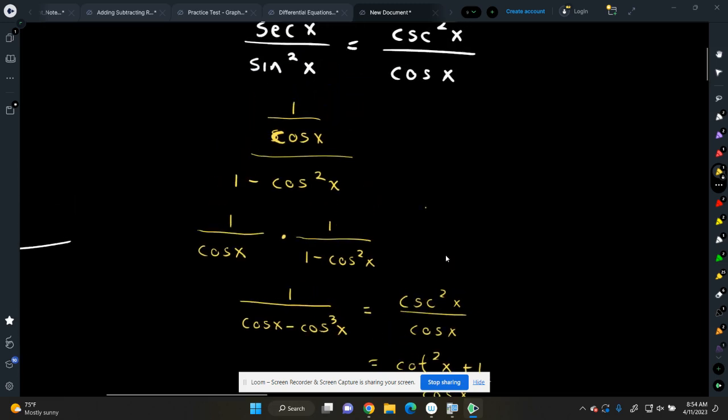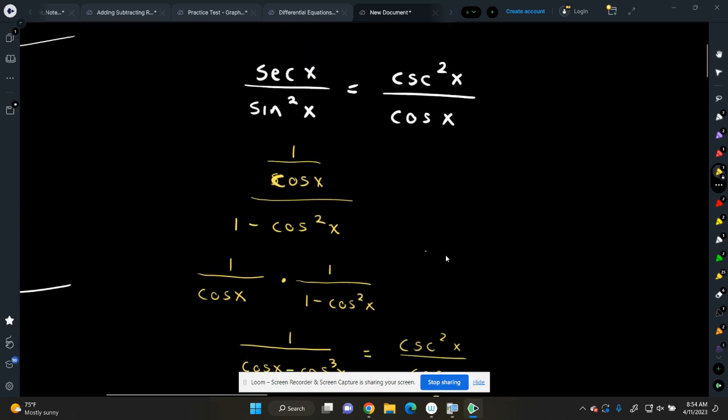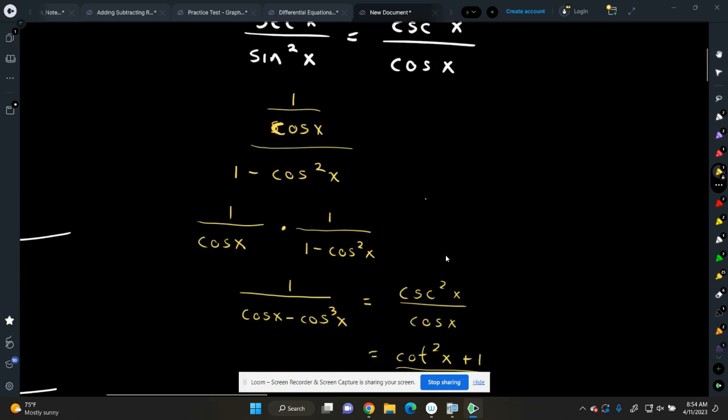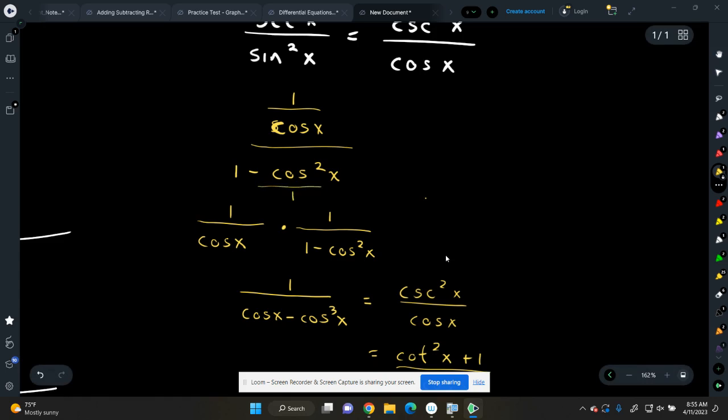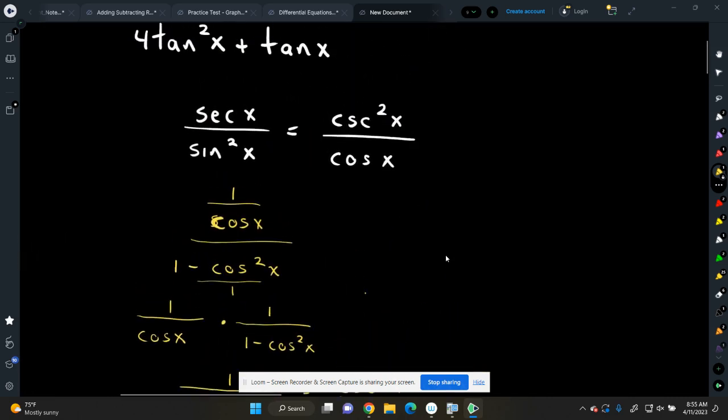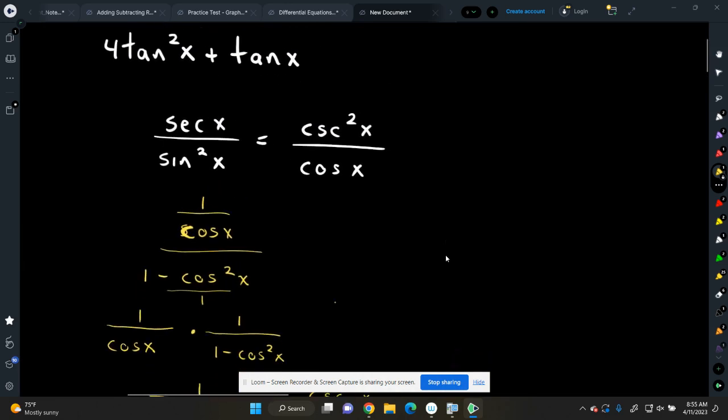When you multiply, why is 1 minus cosine squared x on the bottom if you divide it above it? Shouldn't it be flipped? Now this is correct because this is over 1, right? So when I flip and multiply, it becomes times 1 over cosine squared x. Oh, okay. So it's a shame that I started with this one, but that's okay.